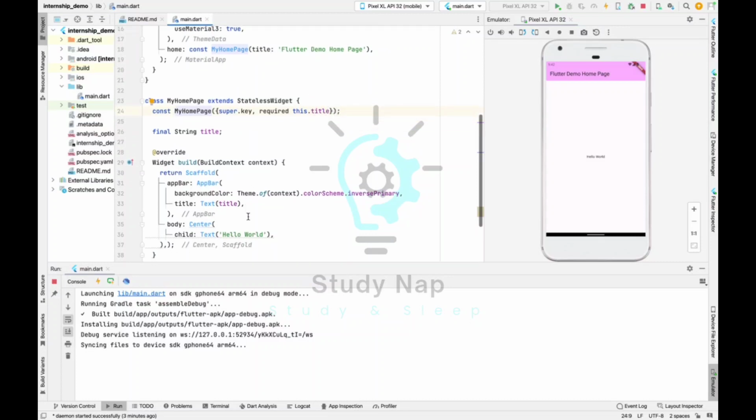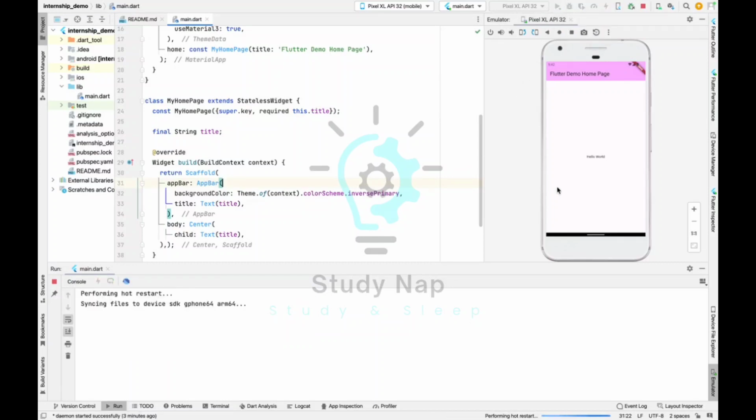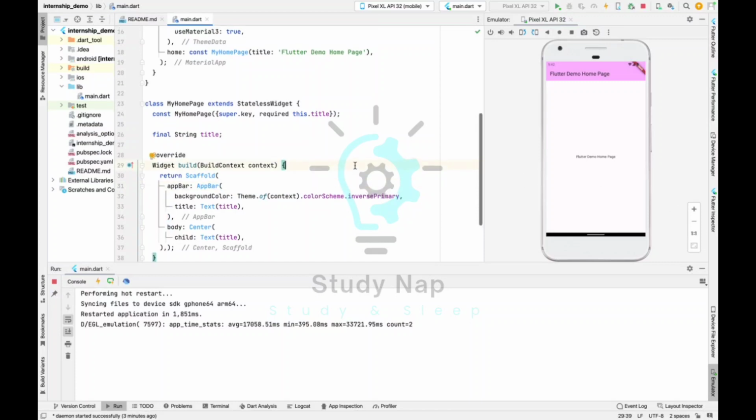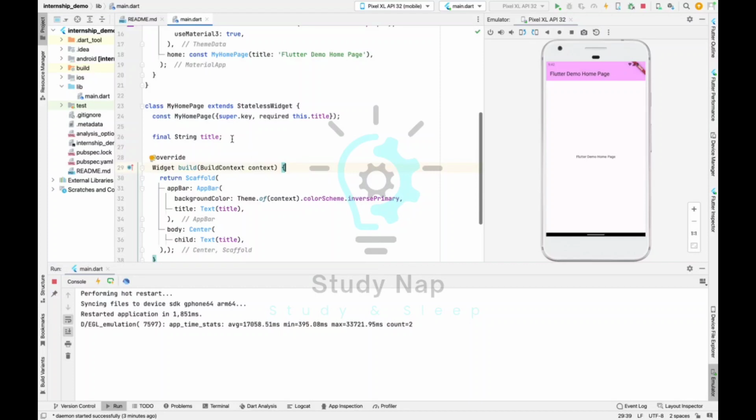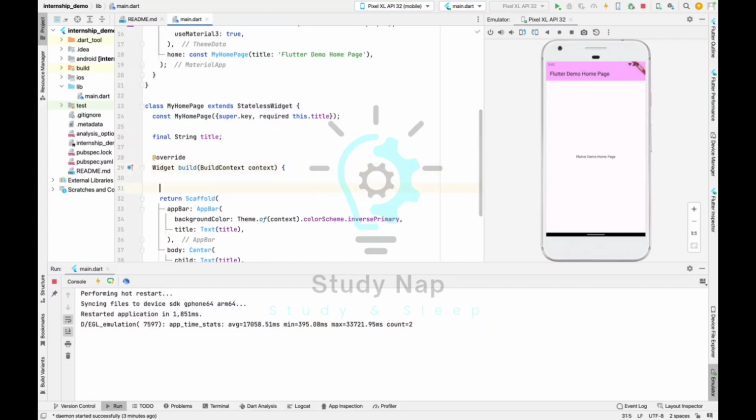And if we use this title here instead of hello world, instead of hello world we are showing the title. This is how the parameters work. And if we don't want to use title, if we use string interpolation,